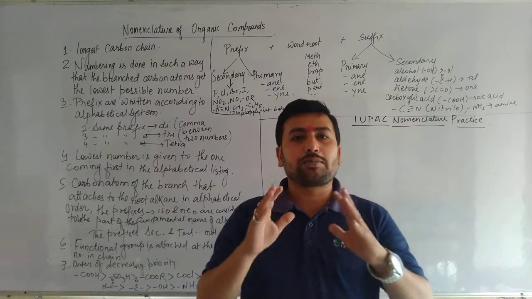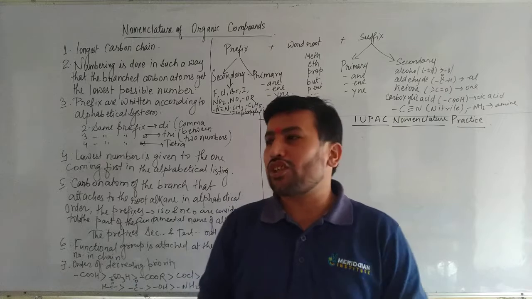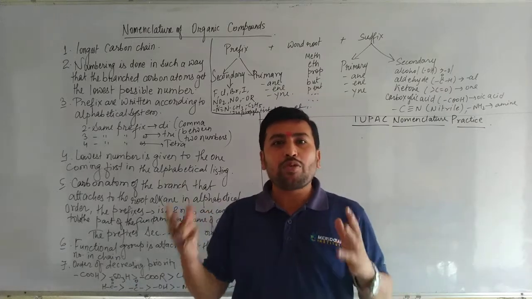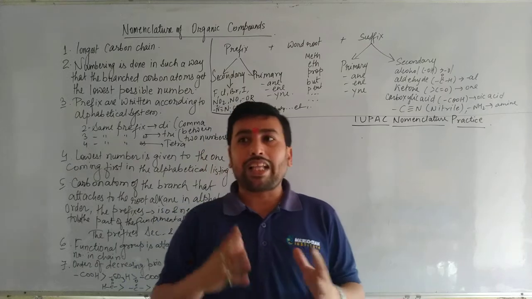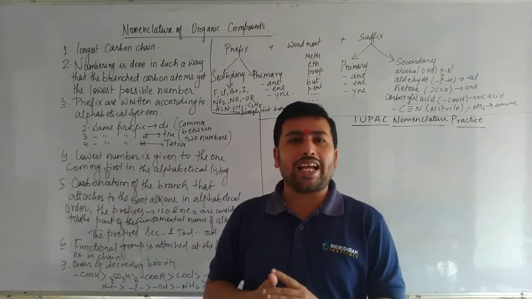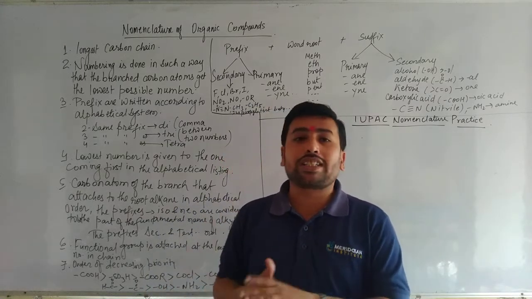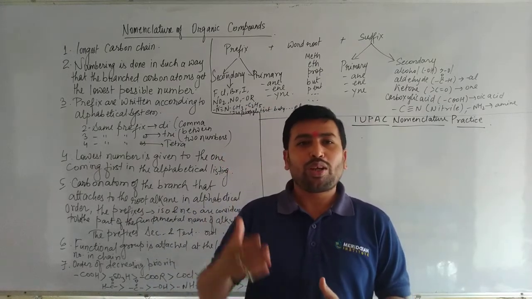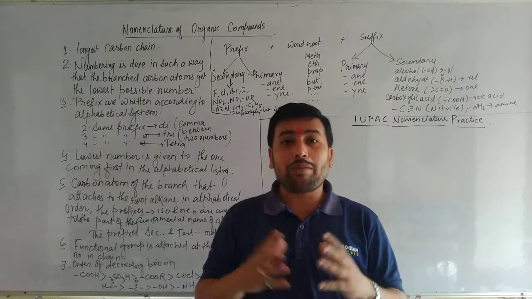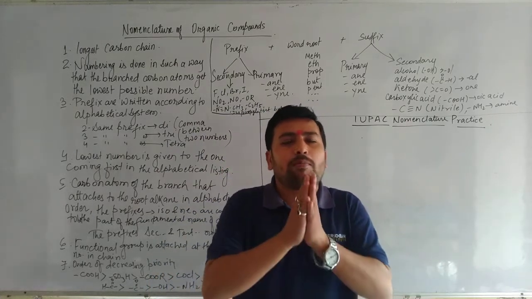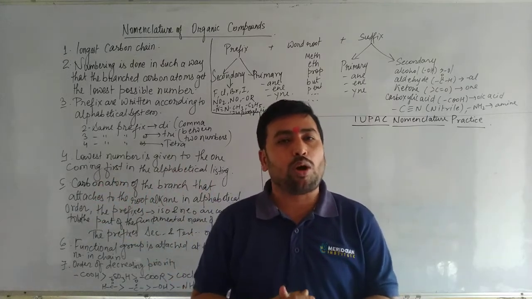This lecture is especially for nomenclature of IUPAC. Nomenclature of IUPAC means naming in IUPAC. As we have gone through the previous videos, how to understand about the alkane, the alkene, the alkynes, what are the word roots in carbon atoms, and how to write the names of alkanes. Here is complete information about writing IUPAC nomenclature.